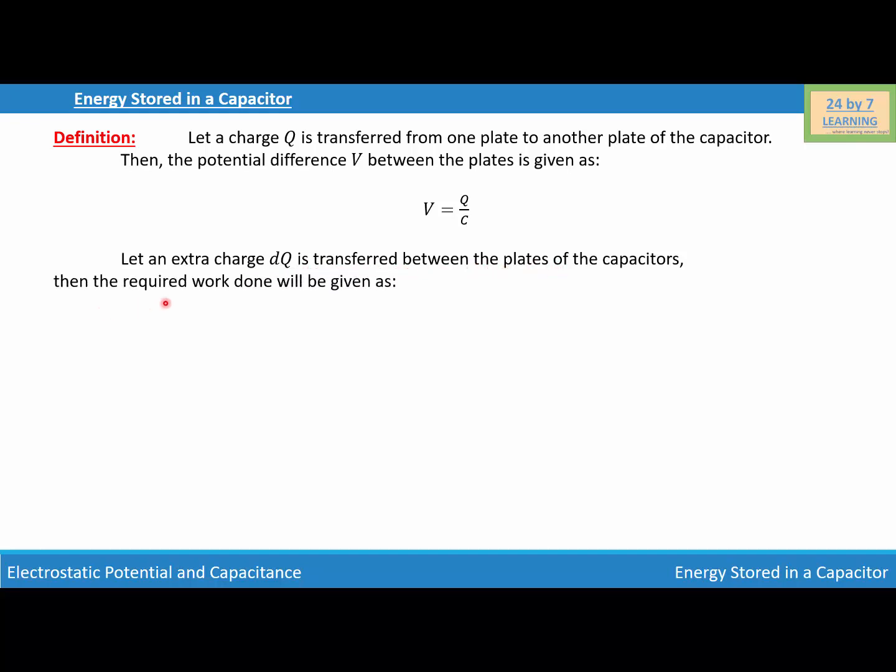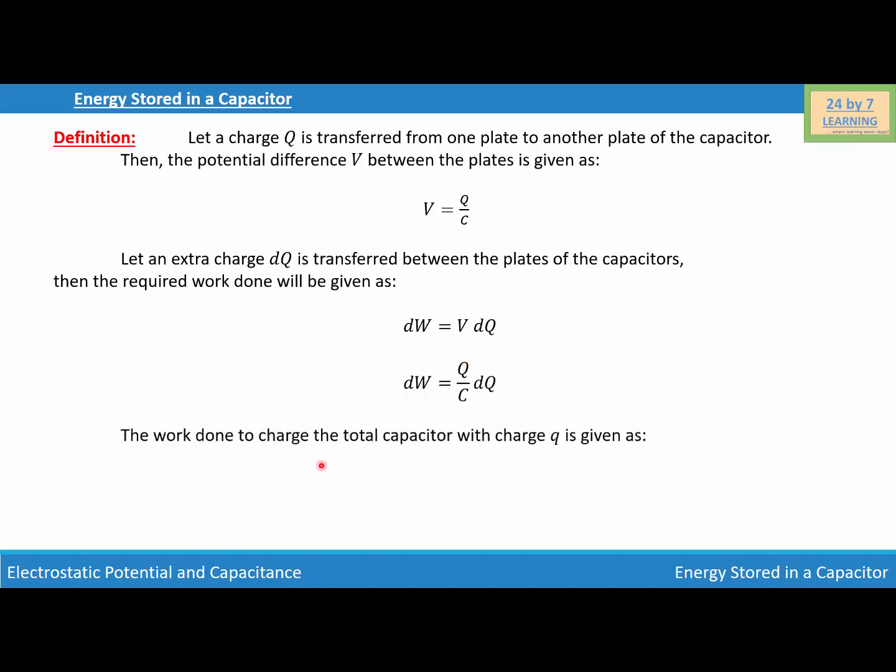Then the work done will be given as dW is equal to V times dQ. Now let's substitute the value of V is equal to Q over C over here. And if we do that, we will write dW is equal to Q over C dQ. Now let's find the total work done to charge the capacitor with a charge Q, given as W is